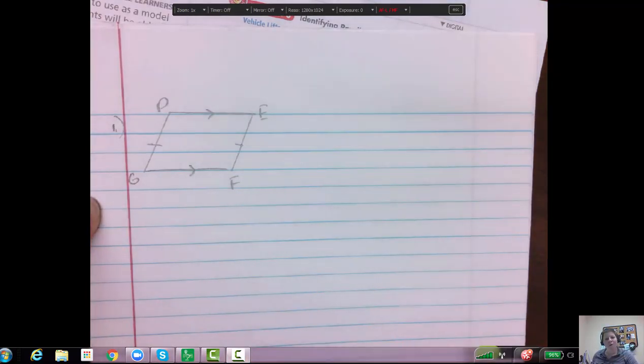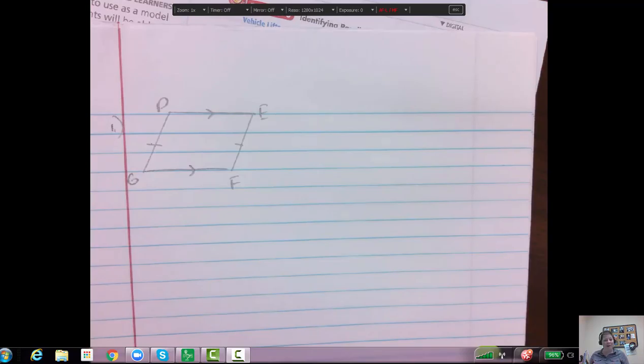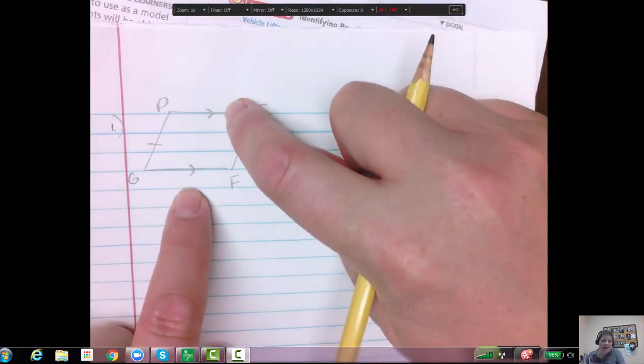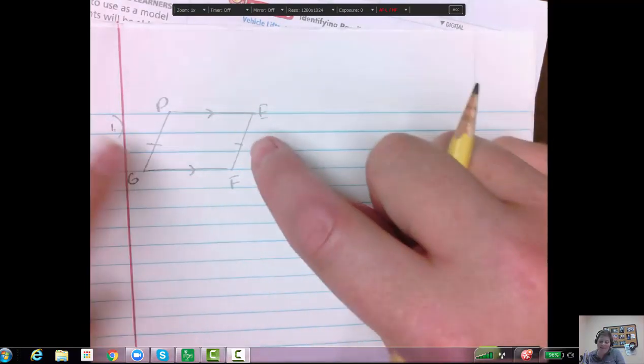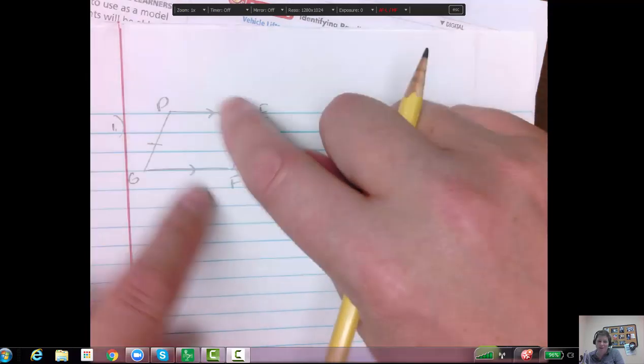Do you have enough information to prove that this is a parallelogram? So think back to the different rules we had. We have opposite sides congruent and these are parallel,